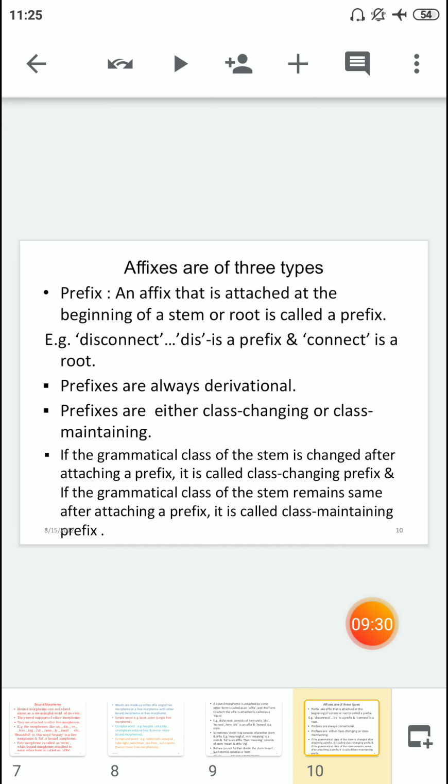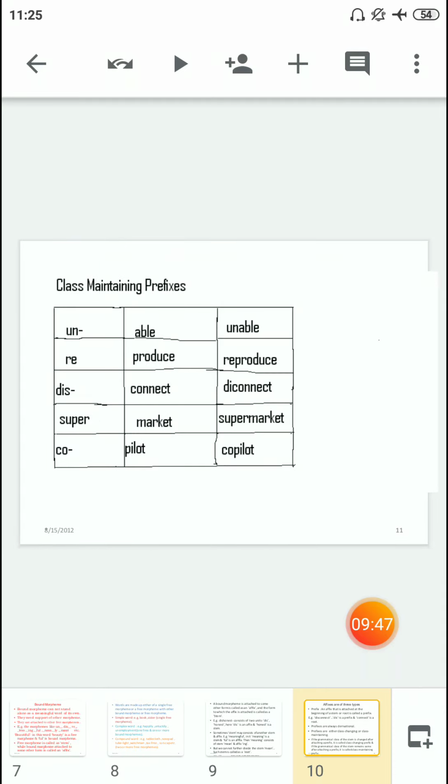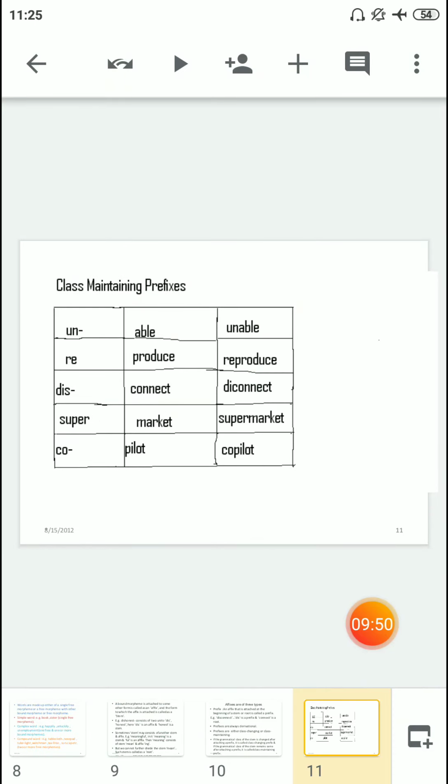Prefixes can be either class changing or class maintaining. If the grammatical class of a stem is changed after attaching a prefix, it is called a class changing prefix. If the grammatical class of the stem remains the same after attaching the prefix, it is called class maintaining. There is a big list of these in English. For example,